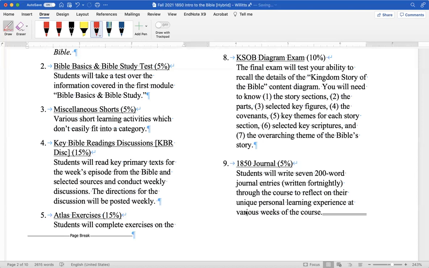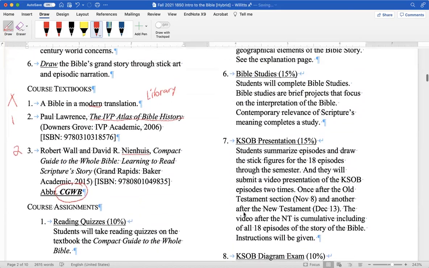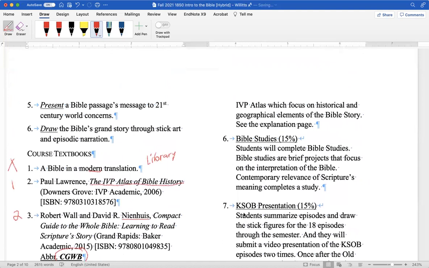Number 5 is Atlas exercises. You will, through the course of the semester, complete many Atlas exercises. The Atlas is comprised of topics, and there are tens of topics, and each topic is presented on 2 pages. So imagine a book laying open with a left-hand page and a right-hand page. A topic will be presented on those 2 pages. You will be doing an exercise for selected topics out of that